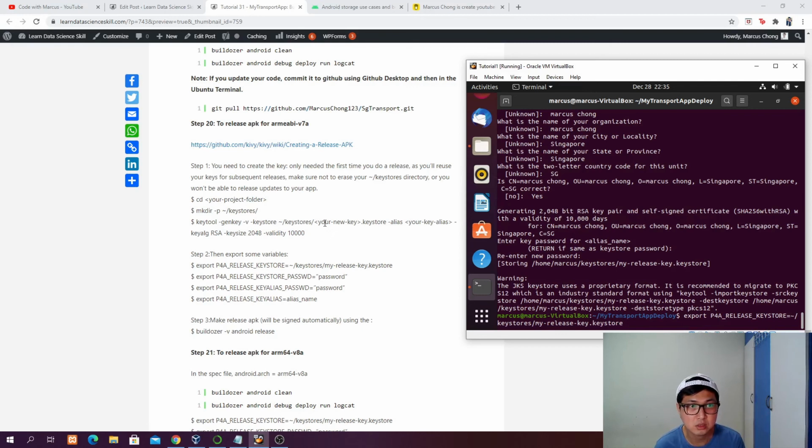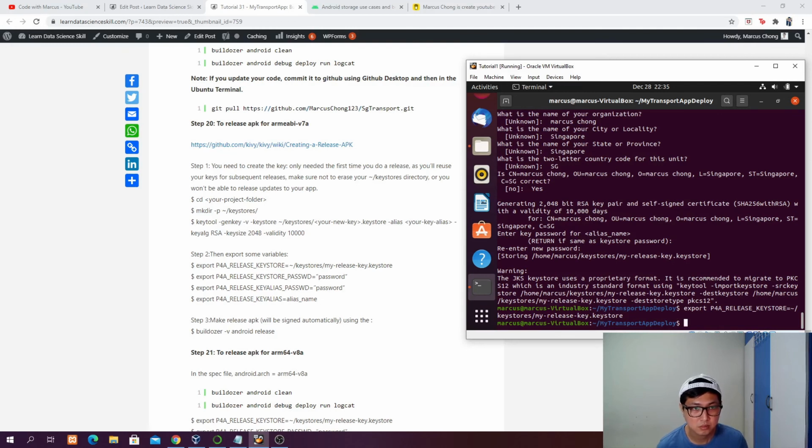So here, because just now in step 1 I used my release key as my new key, so here I'm using it back. So if you use a different key, you need to put in your key over here. Okay. Enter, and then